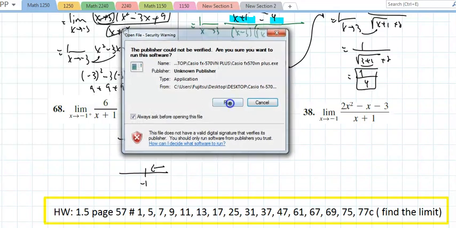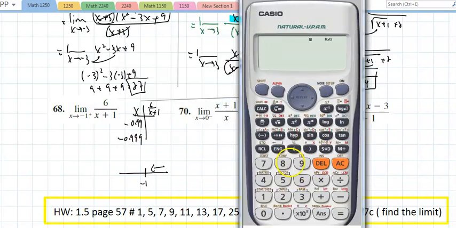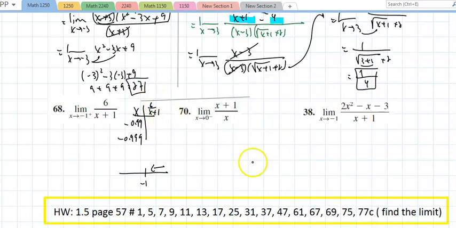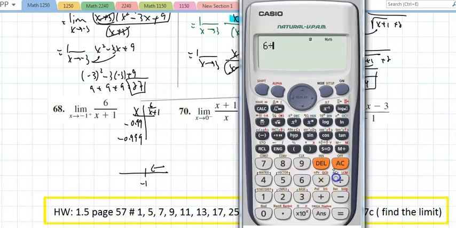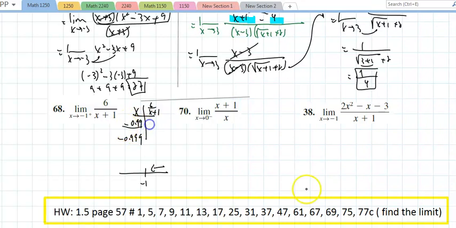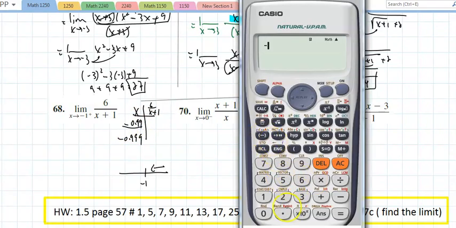And if I take my calculator and take 6 divided by parentheses answer plus 1, and now if I put in negative 0.99, remember,